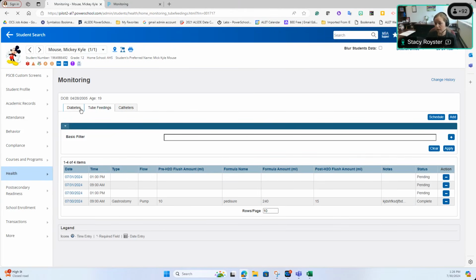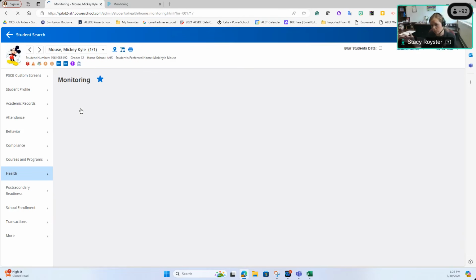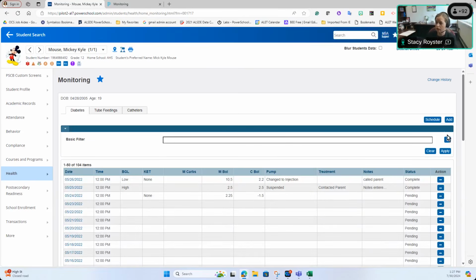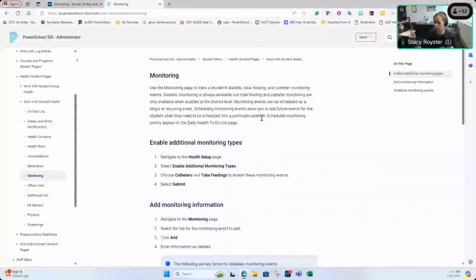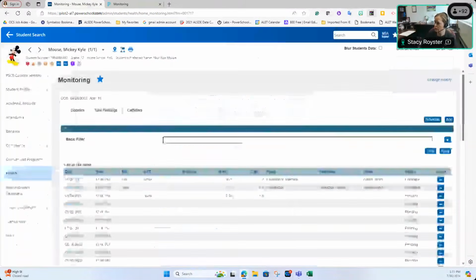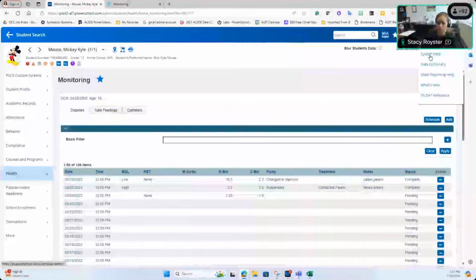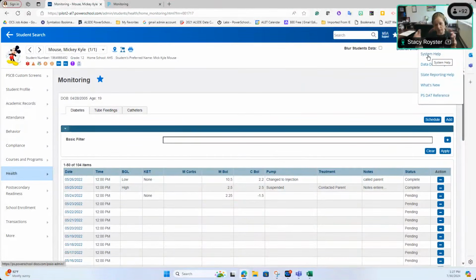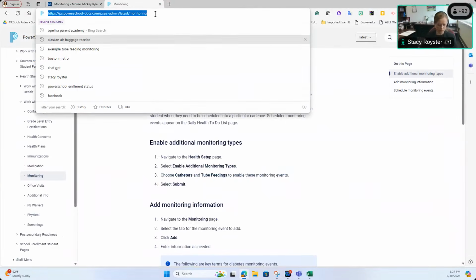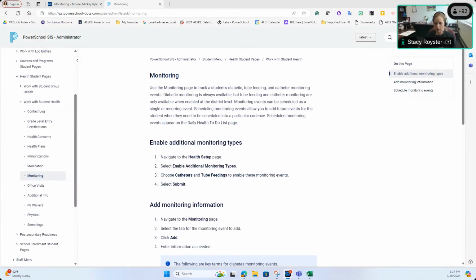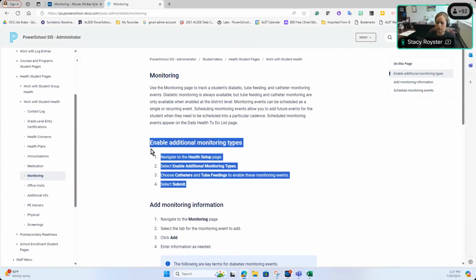And if you've never really used the diabetic monitoring, now that you've seen how this works, that diabetic monitoring works the same way in scheduling and adding that information in there. There's also a page in PowerSchool overall, what I call their help menu. If you come up here to the little question mark and go into system help, that's PowerSchool's help area. There is a page on the monitoring that also gives these steps right here. I'll throw this into chat for everyone if you want it, because these steps are what your district PowerSchool person would have to take to enable those two new monitoring types for you